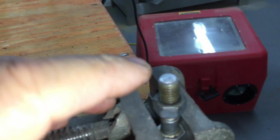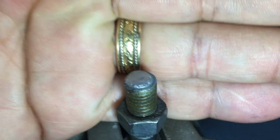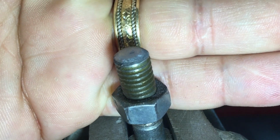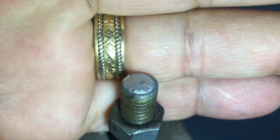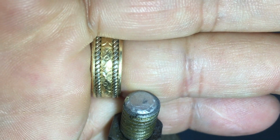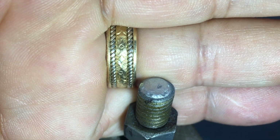And, you know, I rounded this off. I thought I did a good job rounding it off. But it catches on the table and digs in. So I'm going to do a better job. I'm going to polish this up, and probably even put it on a buffer,